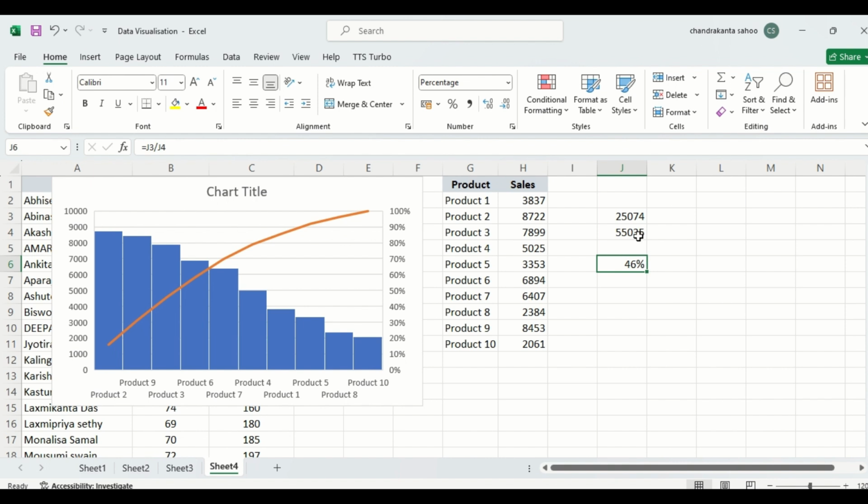So accordingly, we have to see that we can make most of the investment on these three products, like product 2, 9 and 3. So this is how we can use this